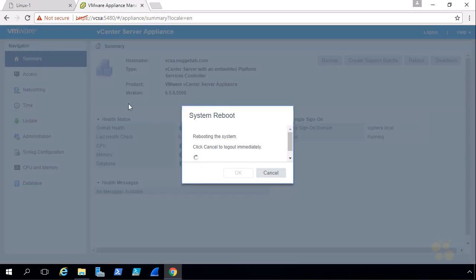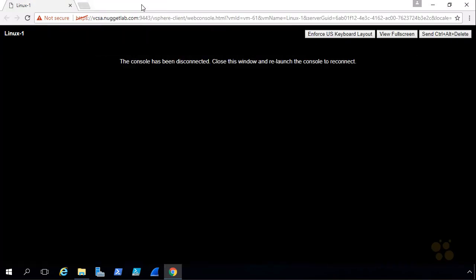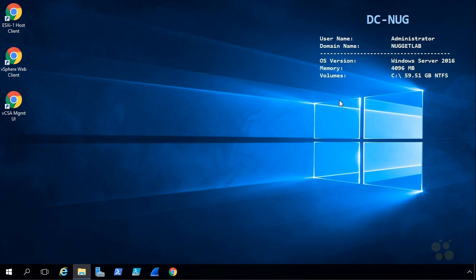So we'll click on yes to do the reboot and cancel to log out. We'll close that browser as well. I'm going to give it a full 5 minutes or so to come back up. And then after 5 minutes, we'll roll the tape again, and we'll see if our problem is still existing, or if perhaps it was a transient issue with the networks that were connecting ESXi2 and ESXi3 over to the vCenter